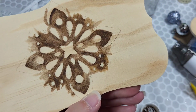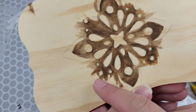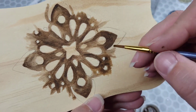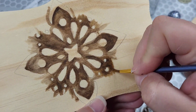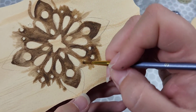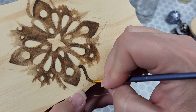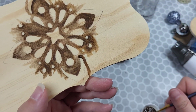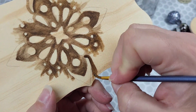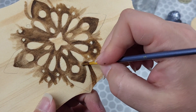So if you quickly do it and you can see the little brush strokes everywhere like this one, I'm going to blend this one out too. Just add a little bit of water, take your time, and go back in and do it. And if you want, you can even add more of this in and then go back and fix it with the water. It is definitely, like I said, a little bit of patience going on in here with this,